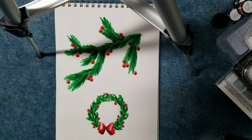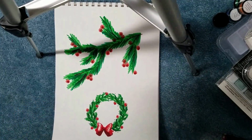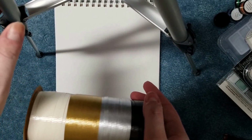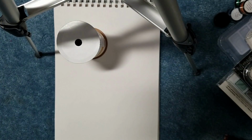Hi guys, so yesterday I showed you how to draw a basic wreath and I promised that I would teach you some variations. So we're going to go ahead and flip on over to a fresh page. We have got our cylindrical object for tracing and I'm going to do a